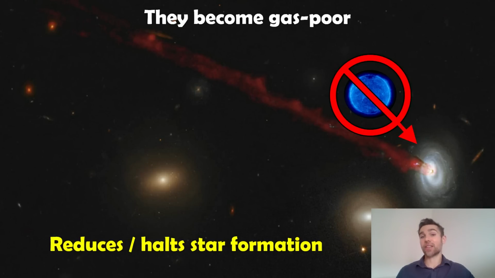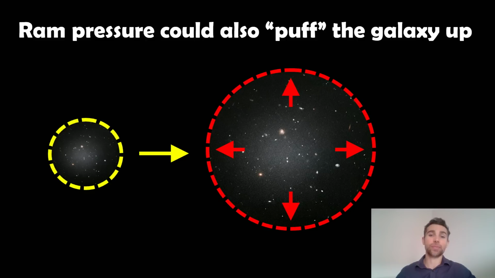Now what happens there is they become gas poor, because just stripping the gas away from the spiral galaxy, the main galaxy itself becomes gas poor. That's going to have an impact on the star formation rate. So you're going to reduce down, or maybe even halt, that star formation. Now, you do actually get stars forming in the tentacles as well, but we'll disregard that for now. What you're doing is you're removing gas away from that galaxy before it can actually produce those stars. So it's still a fairly sizable galaxy, but you're taking away its source to make stars.